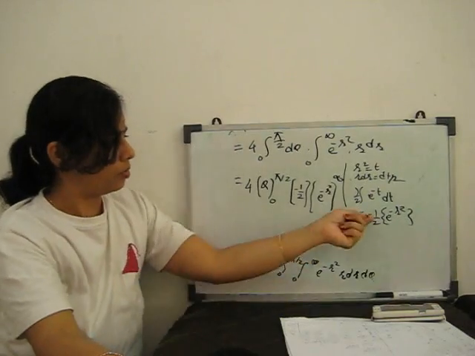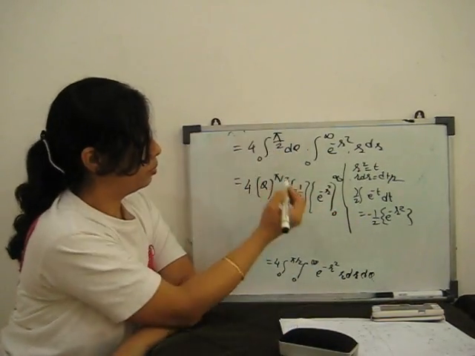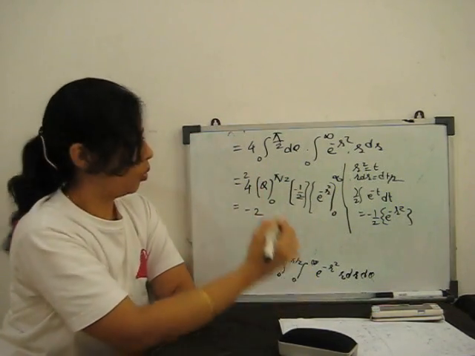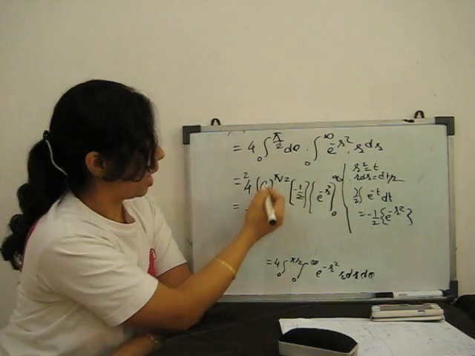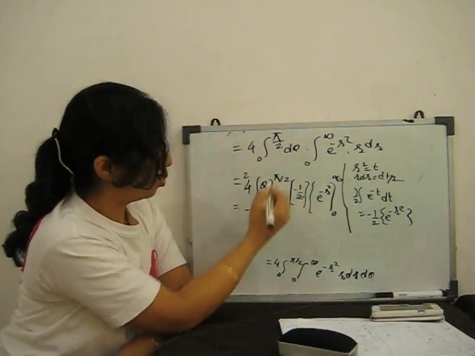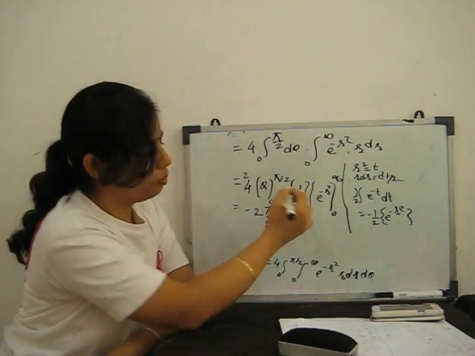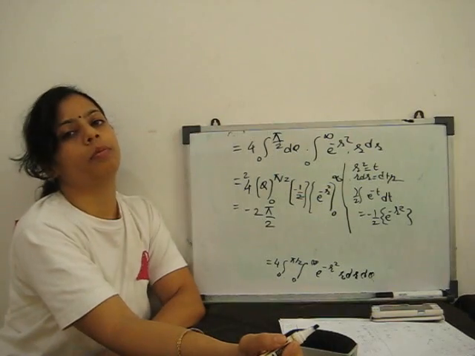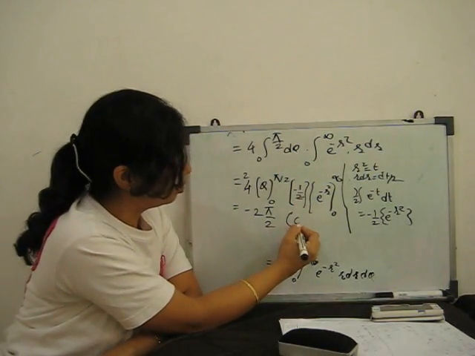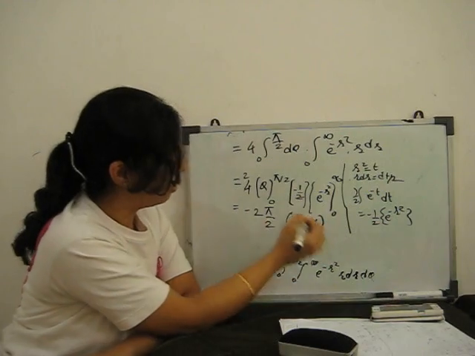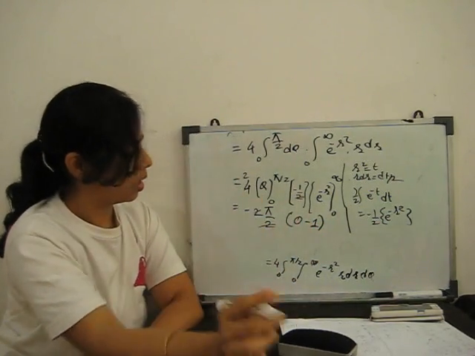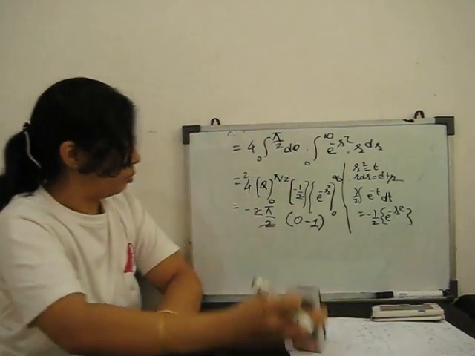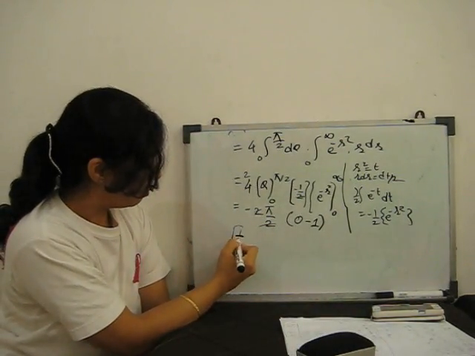Is this clear? We substitute here. Next step, just simplify. Minus of 2, this gives pi by 2, and this gives e to the power minus infinity minus e to the power 0, means this gives 0, and e to the power 0 is 1. So our answer is pi. Clear? It means gamma of 1 by 2 into